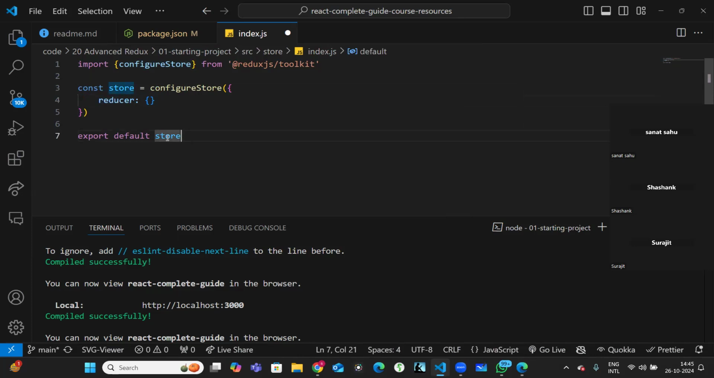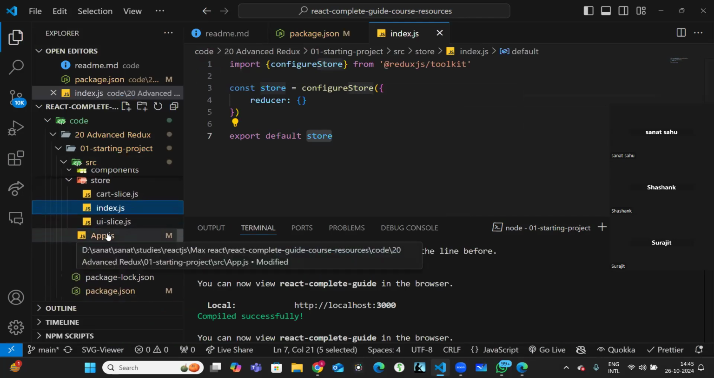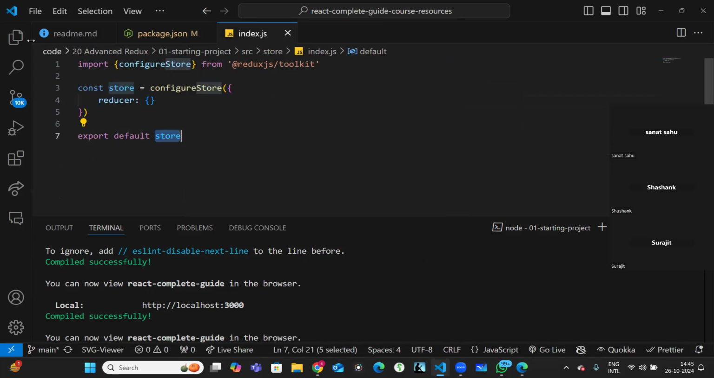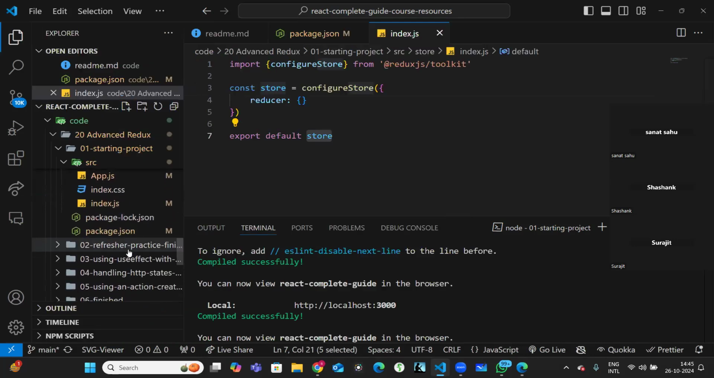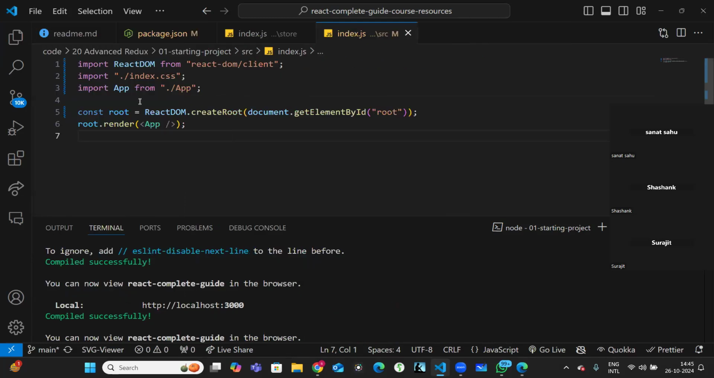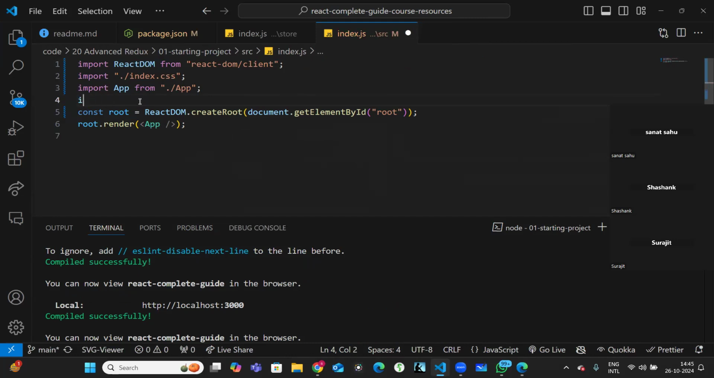Now since this store creation is complete, this store has to be available across the entire application. So that means at the app level, not app.js, if the main index.js, if I don't do it there, then it will not be available across the application. Right? So for that, I have to get the Provider. There is a class called Provider